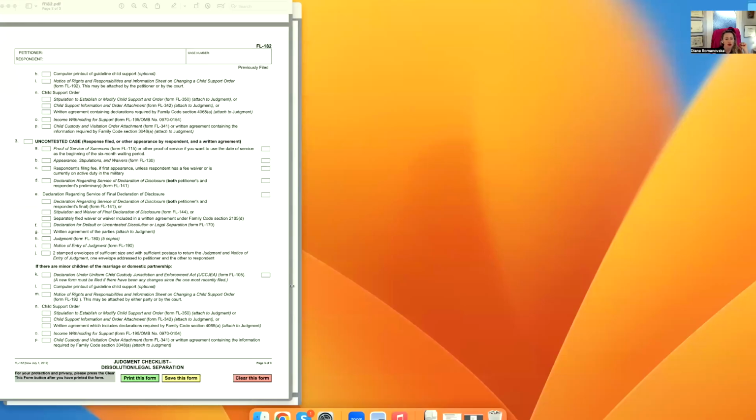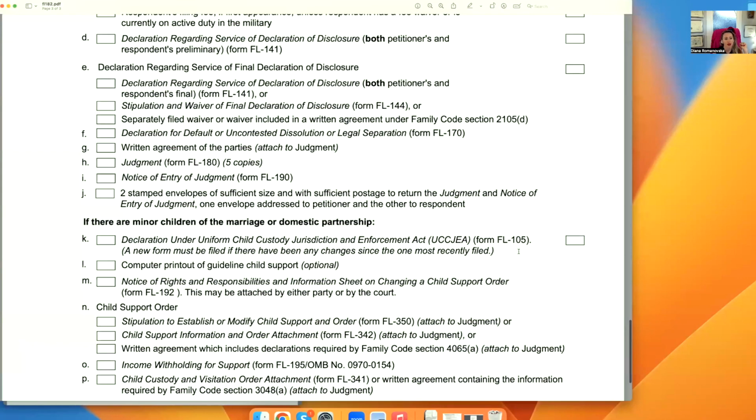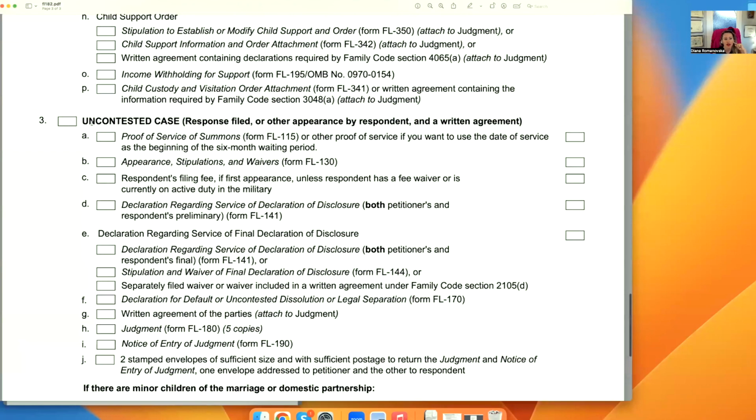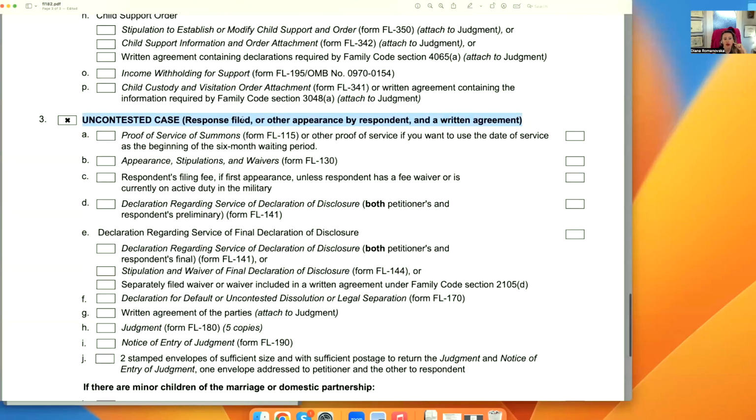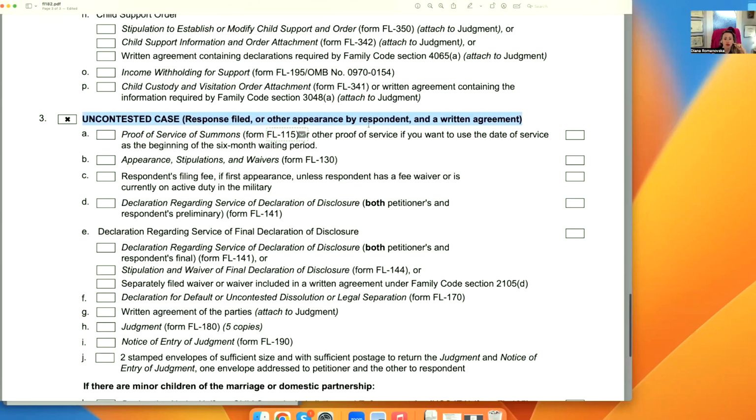So let's look at the judgment checklist so you understand which forms I'm going to go over right now. The judgment checklist includes uncontested case, response filed, and other appearance by respondent. If a response is filed, it's fine. Other appearance means you had a hearing and a written agreement. Proof of service was discussed in another module, FL115. Then we will file FL130